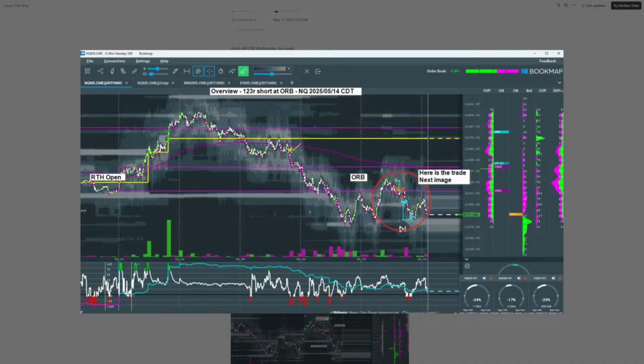It breaks through the low ORB, it comes back up, it tests, which is probably going to be the actual opening number, which might be where she got in, but it's not on the chart. So within an ORB, you've got the upper and lower of that first minute that I use, and then there's what's called the opening print from the CME, which is going to be a middle line within that. So it's probably the opening number that she's starting to get involved with, when it starts to break down and fail there. But as you're saying, Vinny, there's certainly quite a few other trades within that as a scalper.